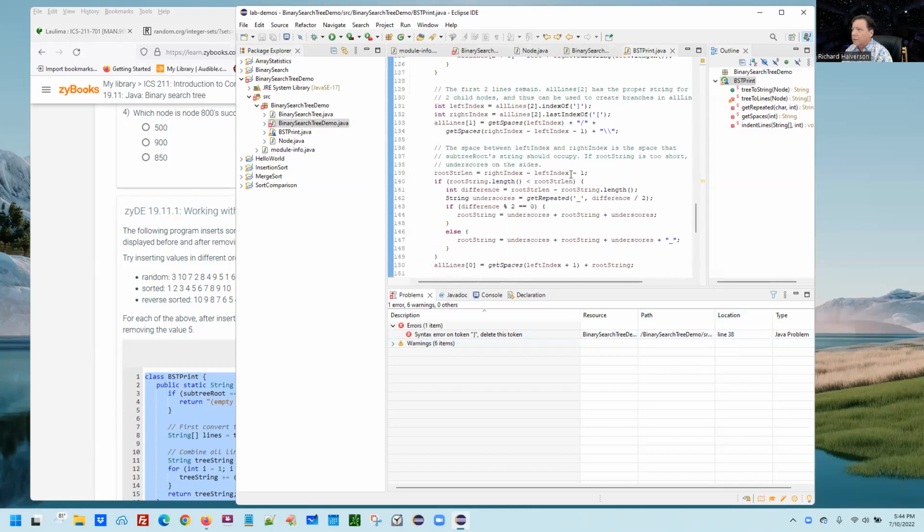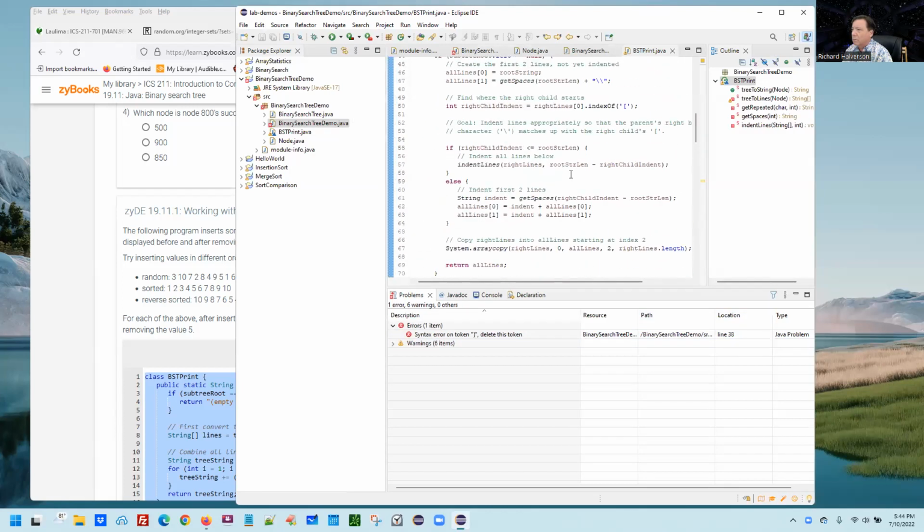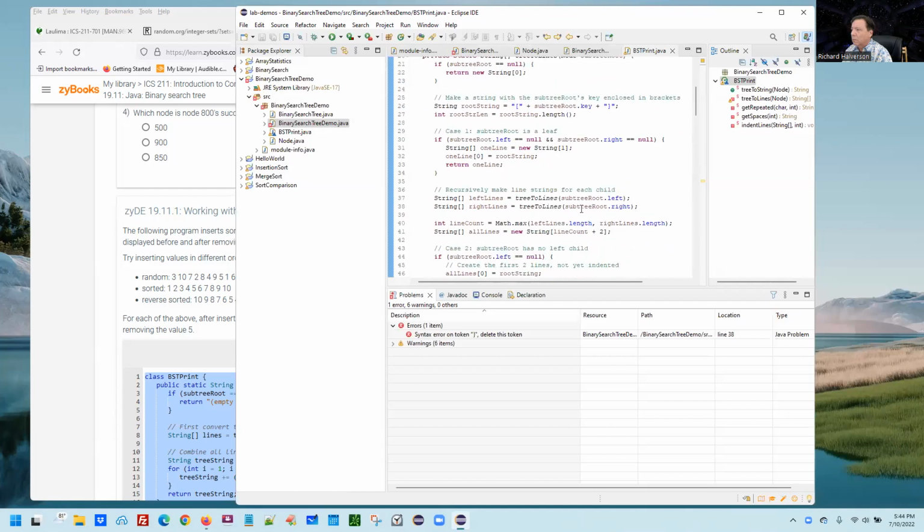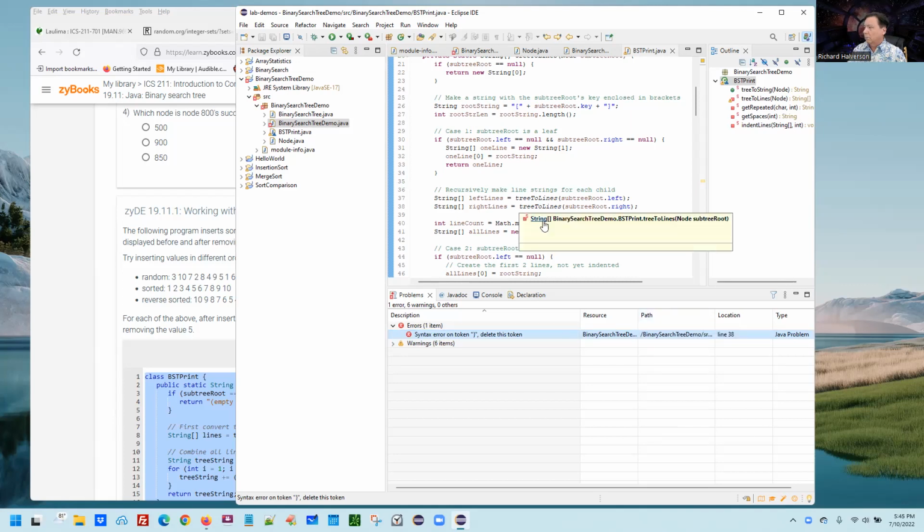Line 38. Hmm. I guess I don't know what the problem is, but